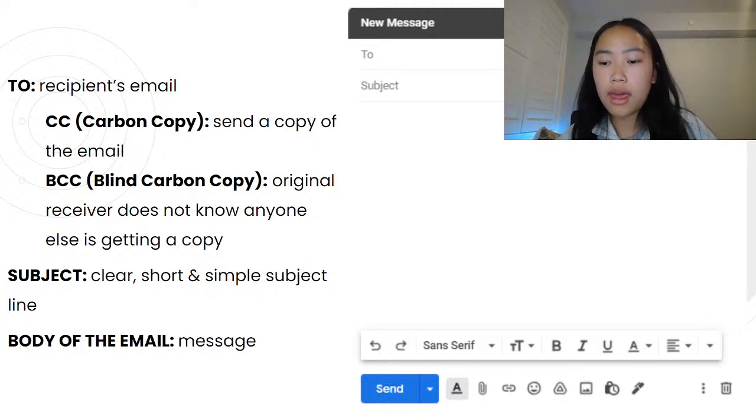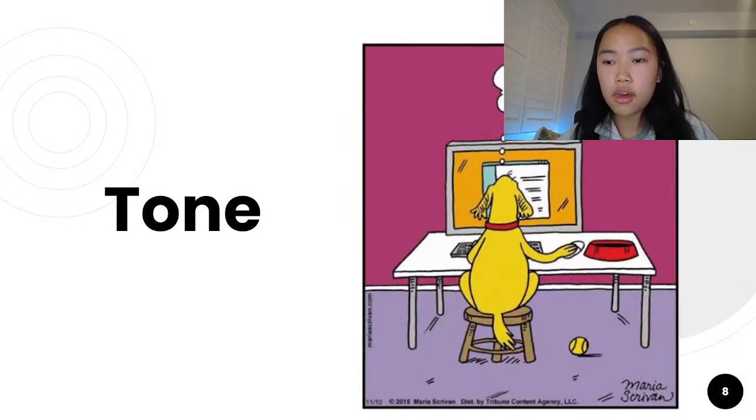And lastly, we have the body of the email. That's your main message. Generally, you'll write this just like a normal letter, with a greeting, composed of one or more paragraphs, and closing it with your name. We'll go into depth with this topic later in the workshop, but now that we understand the basic components of an email, we'll move on to the tone.